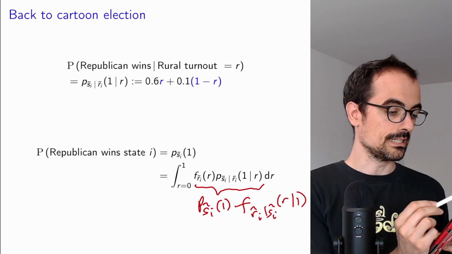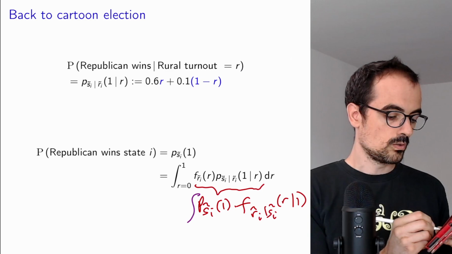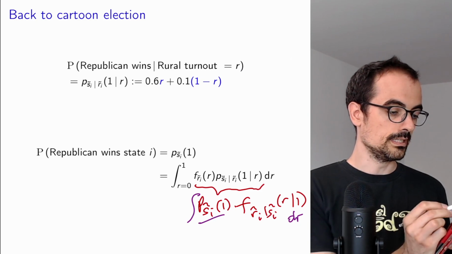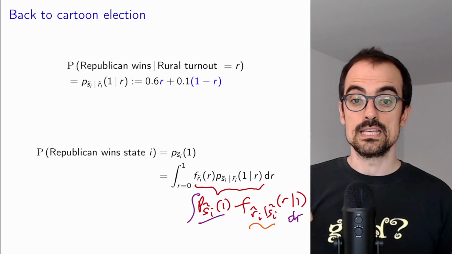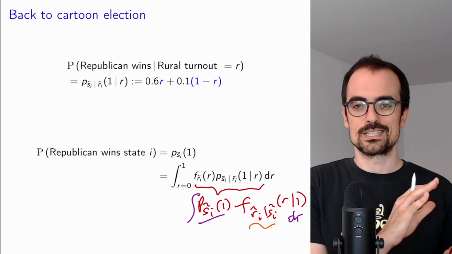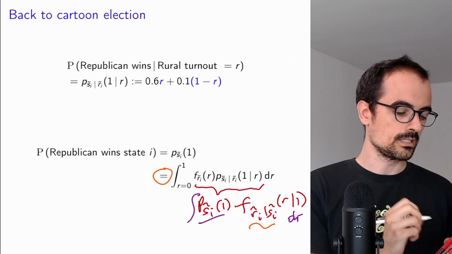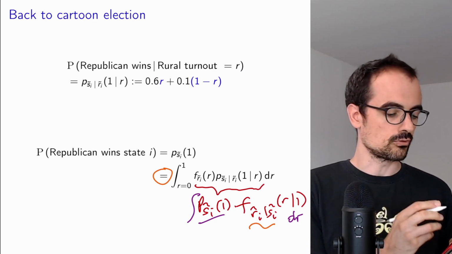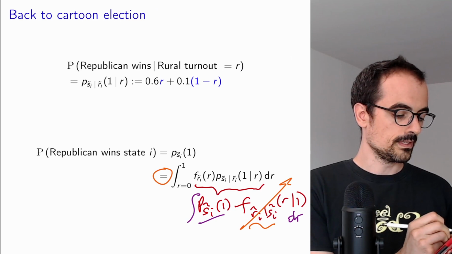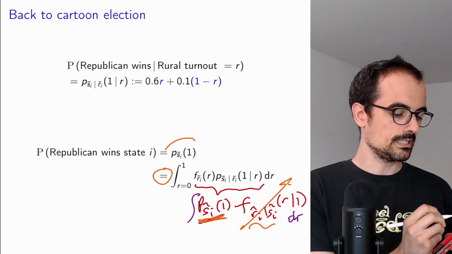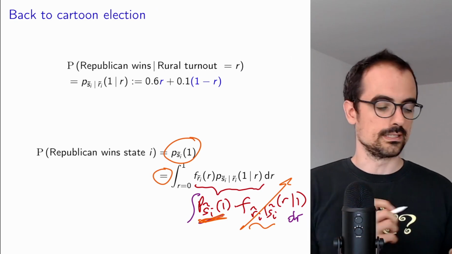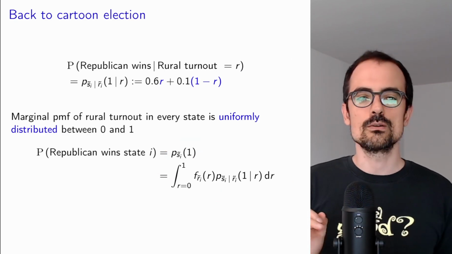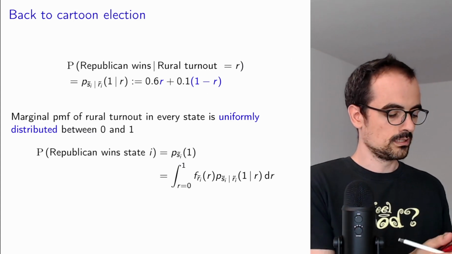And now realize that if we integrate this with respect to R, then this does not depend on R, and this conditional PDF is going to integrate to 1. So maybe it was clear to you why this equality holds, but this was just a quick justification. It's based on the chain rule for discrete and continuous random variables, because this is going to integrate to 1, then this is exactly equal to this, so we have the equality. Hopefully that didn't confuse you more than it clarified. But basically we have to do that integral, so we need the